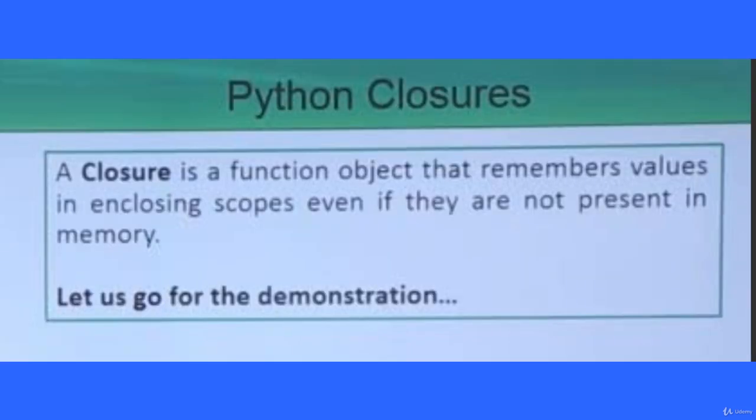We are going to discuss Python closures. In this session, at first we shall define what a Python closure is, then we shall explain it with one demonstration for understanding. Here is the definition of a Python closure: a closure is a function object that remembers values in enclosing scopes even if they are not present in the memory. For better clarity, let us explain it with one practical demonstration to implement closures